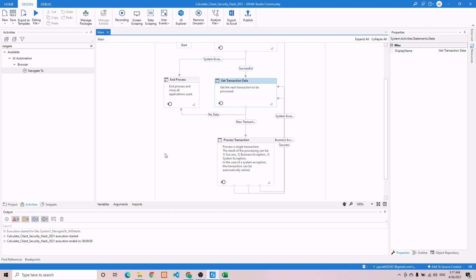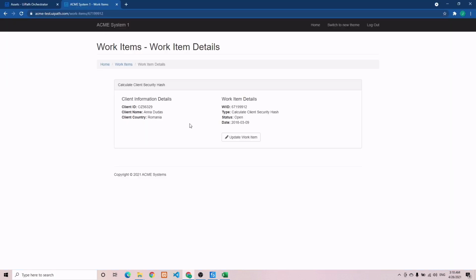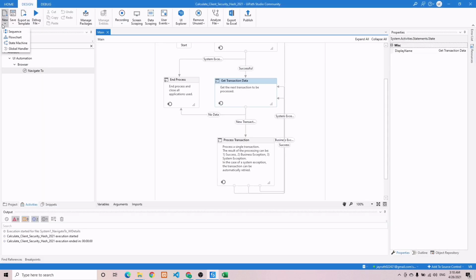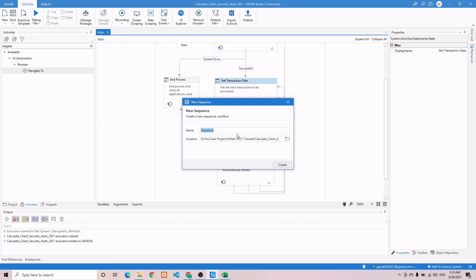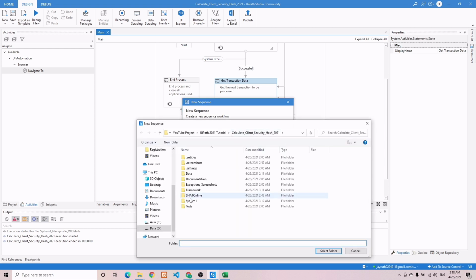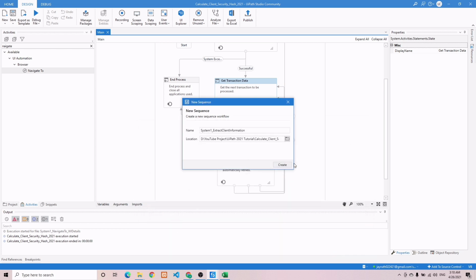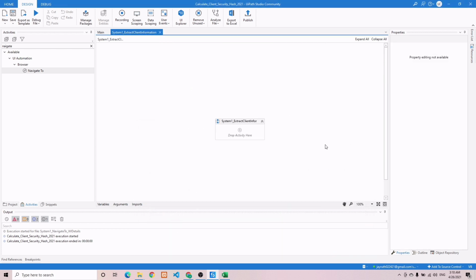So the next thing is we need to create a blank sequence that will extract the client information. Okay, the next goal is to extract this information. So let's create a new sequence. Let's name it system1 extract client information, and make sure to save that within the system1 folder as well. Hit the create button,